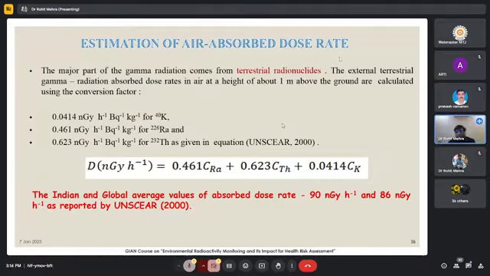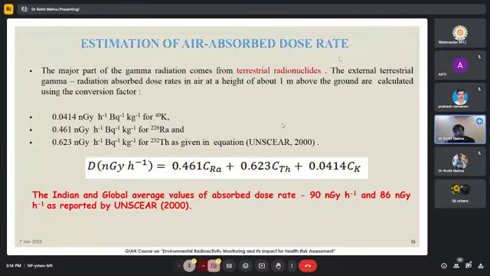Yesterday, I told you with the example of a tree and a passenger sitting beneath the tree, that once we use the absorbed doses, we use a parameter called gray, and once we calculate the effective doses, we use a parameter called the impact of those absorbed doses, that is sievert. So depending upon different parameters, the doses are calculated from the concentration of radium, thorium and potassium,